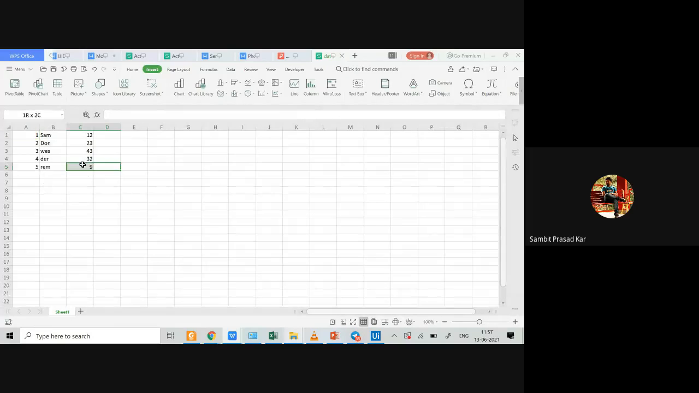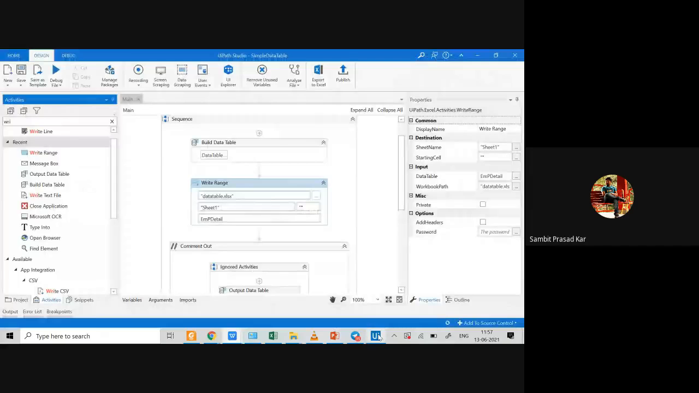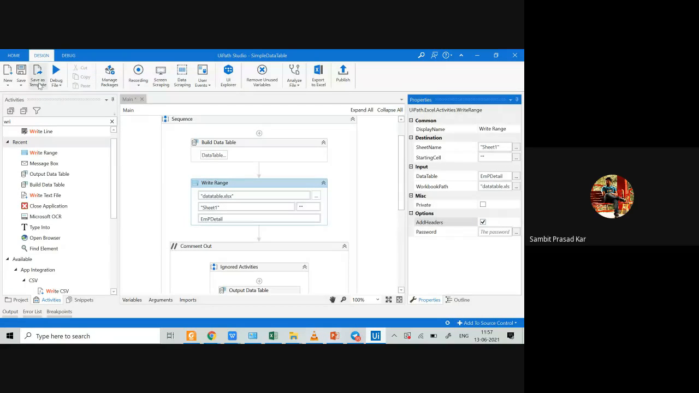Correct. You can add a header also. I have not added a header. I forgot to add the header. Here in write range, add headers. Okay, add headers. Once you do the header...